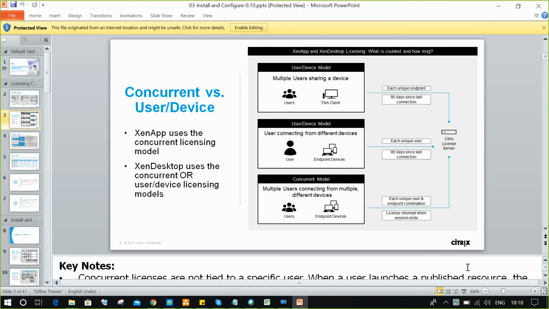So that is unnecessary, because even whether it is used or not, it will not be used by anyone else. With the concurrent license, when the user establishes a session, the license is immediately acquired from the license server. When the user closes the session, either desktop or application, the license is returned to the license server. You know this concept, okay? That's why we connect to the concurrent license model nowadays.